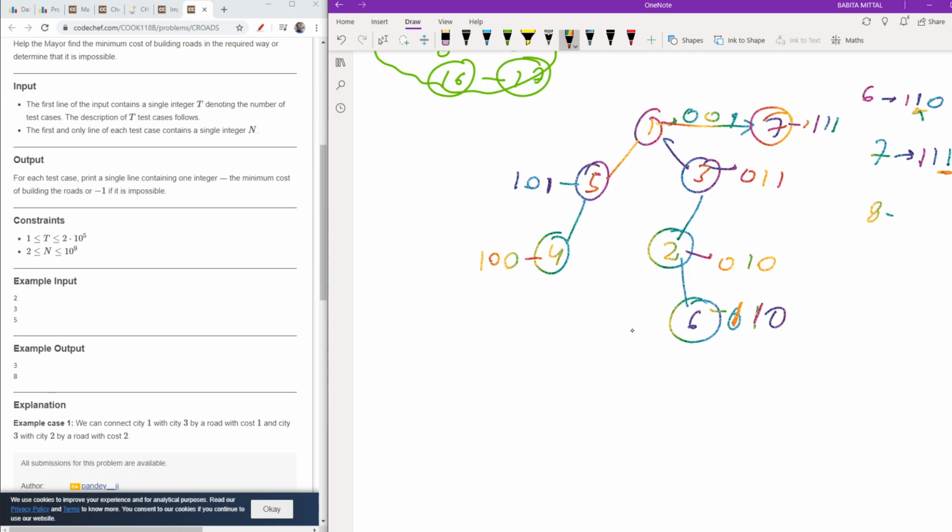And for 8 it is 1 0 0 0. So as I clearly said, the numbers which are a power of 2, I will attach with the number just more than it. So I will check for 9, which is 1 0 0 1. I will attach it with 1, and I will attach 8 with this 9.